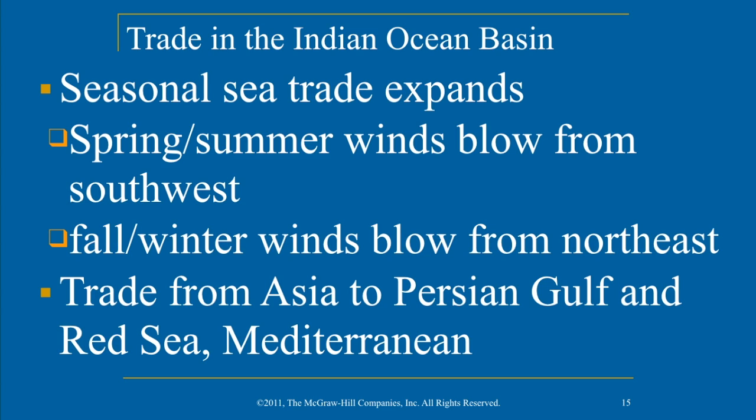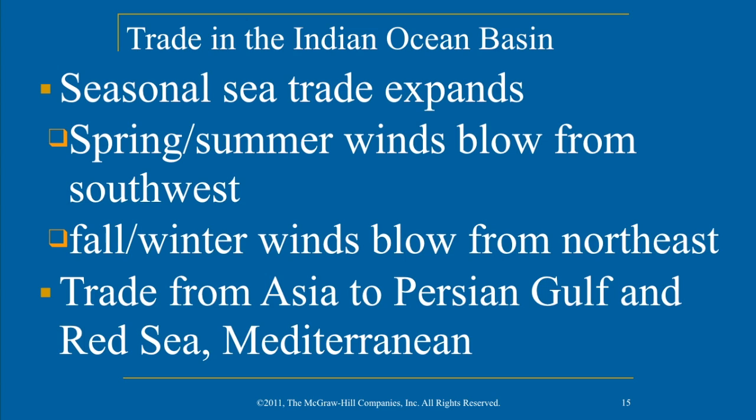So in the spring and the summer, the winds blow from the southwest, meaning the bottom left of a compass, they blow from that direction towards the top right of the compass. And then in the fall and winter, the winds blow from the northeast, meaning the top right, they blow all the way down to the bottom left. Now, if you know this predictable pattern, you can create sails for your ships, and you can use that wind to your advantage because you don't need big crews to row your boats all along those ocean currents. You can do it pretty much by having a small crew with lots of goods in the hull of your ship, and you can make lots of money doing this.